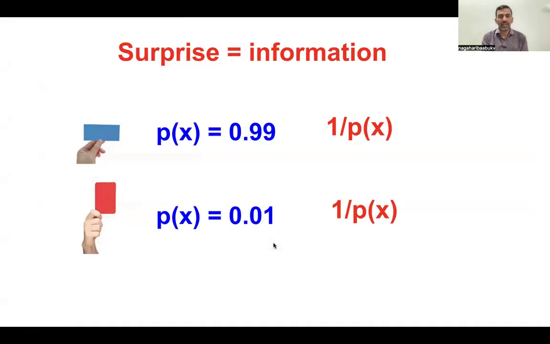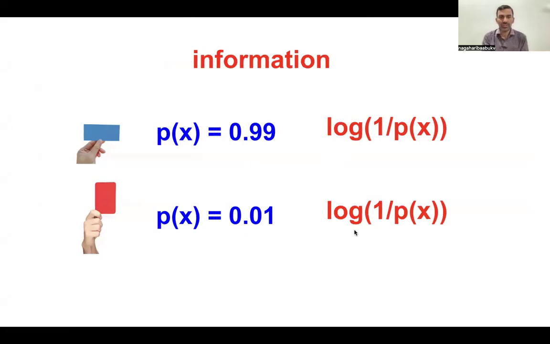Okay, so we can write this as an inversely proportional relationship. When the probability of x is p of x, the surprise is 1 by p of x, right? Because it is inversely proportional. So usually when you have probabilities, we'll apply a logarithm scale. This logarithm will not change the information content, it just changes the scale, right?